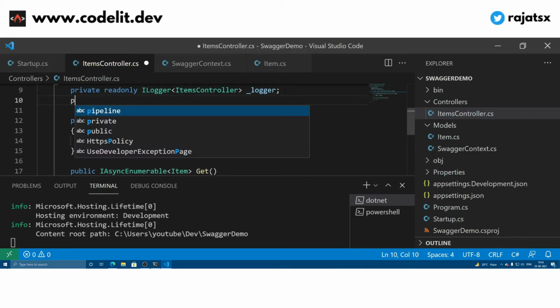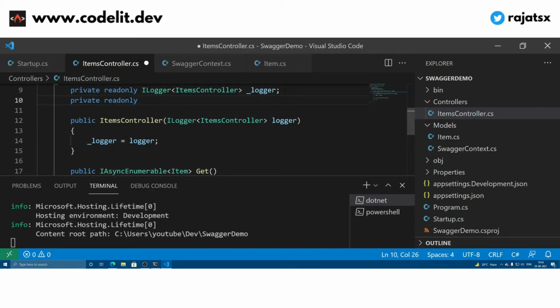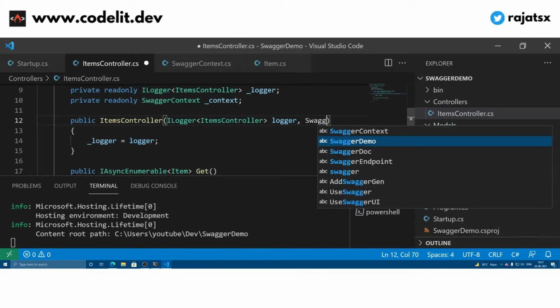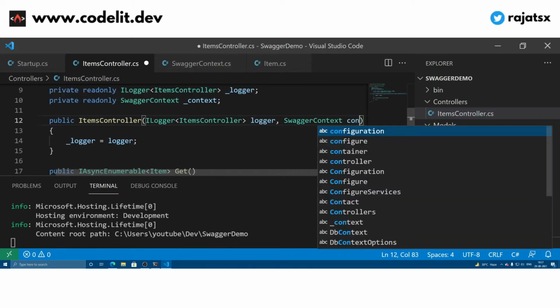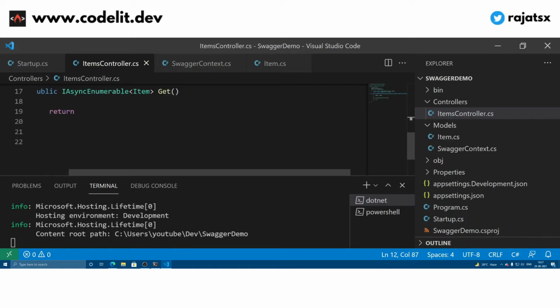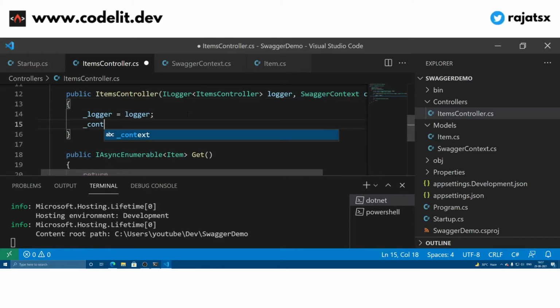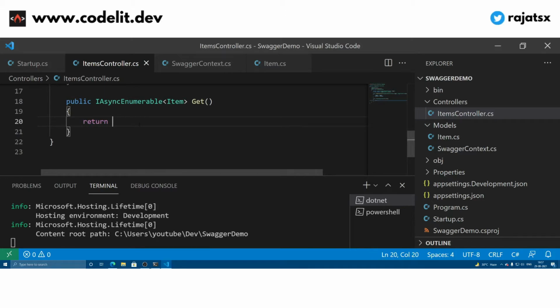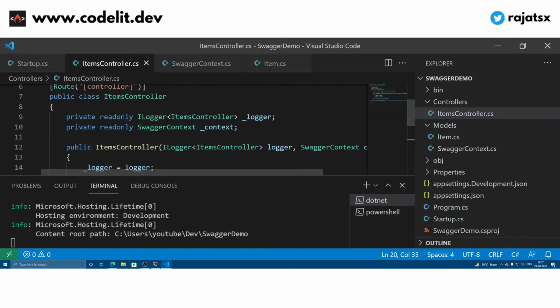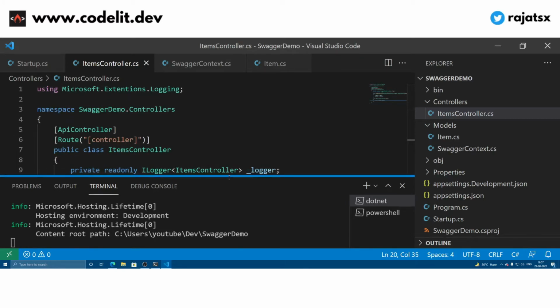So let's come over here and write private readonly SwaggerContext, because that is how you interact with the Entity Framework. Okay, and over here as well in the constructor part we are going to get an instance of SwaggerContext, because .NET uses dependency injection under the hood, so we can readily get an instance of SwaggerContext, and that is how we can access the database. Okay, and now over here we can simply return the items from the context.